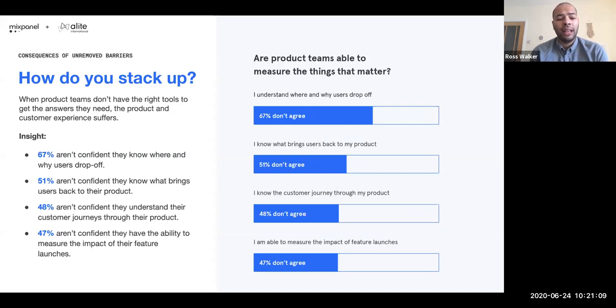So at what point in our product, this could be a sign-up flow, this could be a conversion funnel, but what there is not a clear visibility of today is being able to understand that actually I, as a product team, understand where we are losing users in that key journey that we care about.